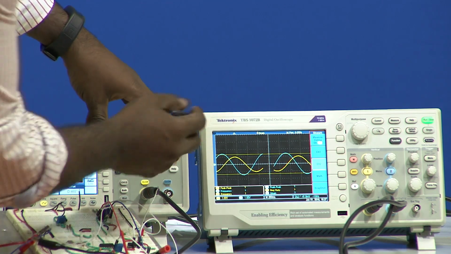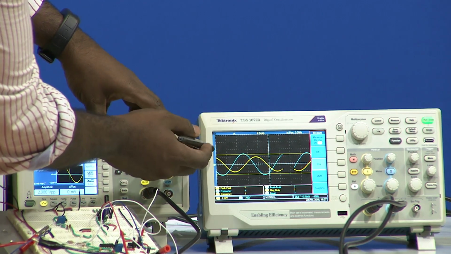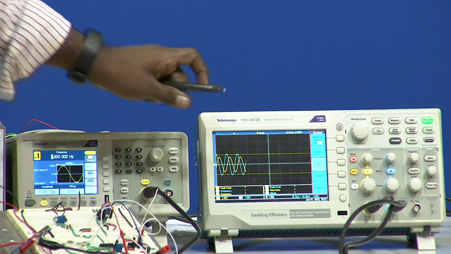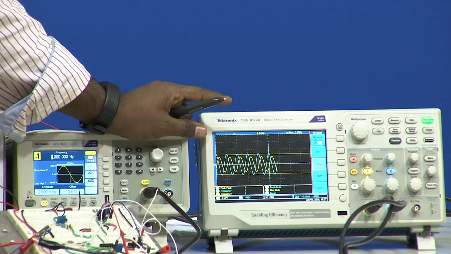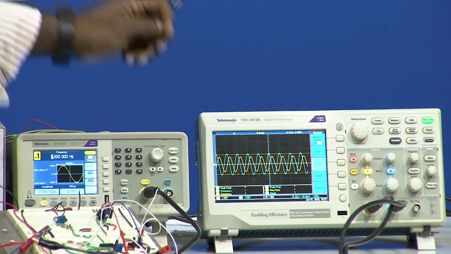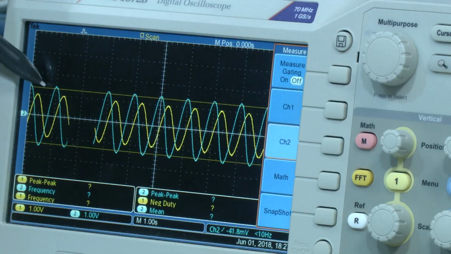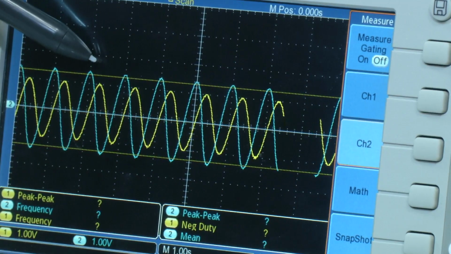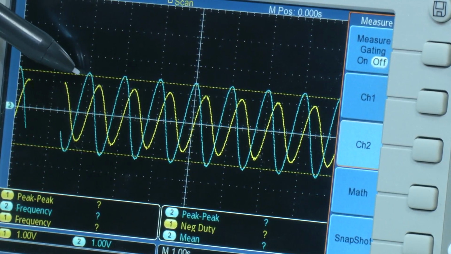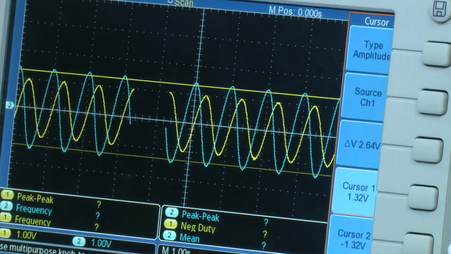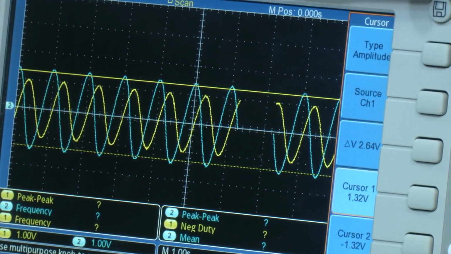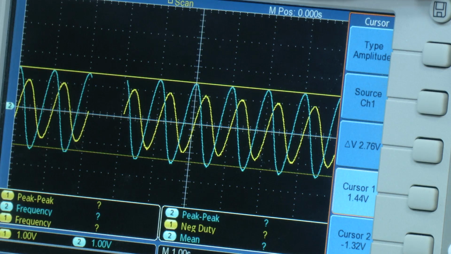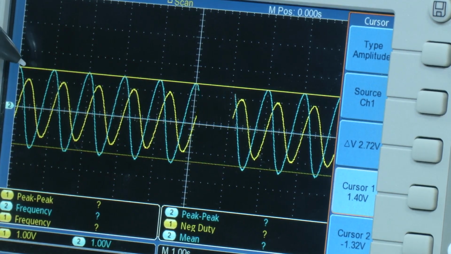Now, when it comes to 1, here we can observe that. I will decrease the scale. When we zoom the input signal towards the CRO, here we can observe that the output is very close to the cursor, but still it is higher. This cursor point is 1.4. So, when you look into the cursor, oh, it has been changed, it should be 1.4. So, it is very close to the cursor value.